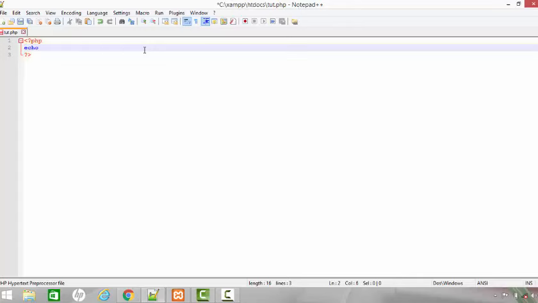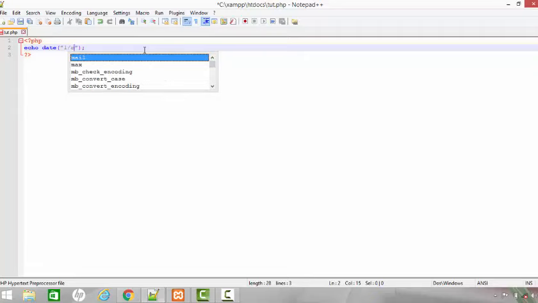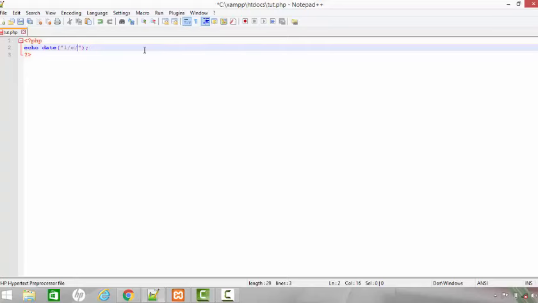So I'm just going to echo, I'm going to use the date function, and inside the parameters, you're going to put the double or single quotes. In between the double or single quotes, you will format the date. So you can format the date any way you want to. I'm going to start with the letter L, which is for the day of the week, M, which is for the month, D, which is for the day of the month, and Y, which is for the year. And I'm going to save that,